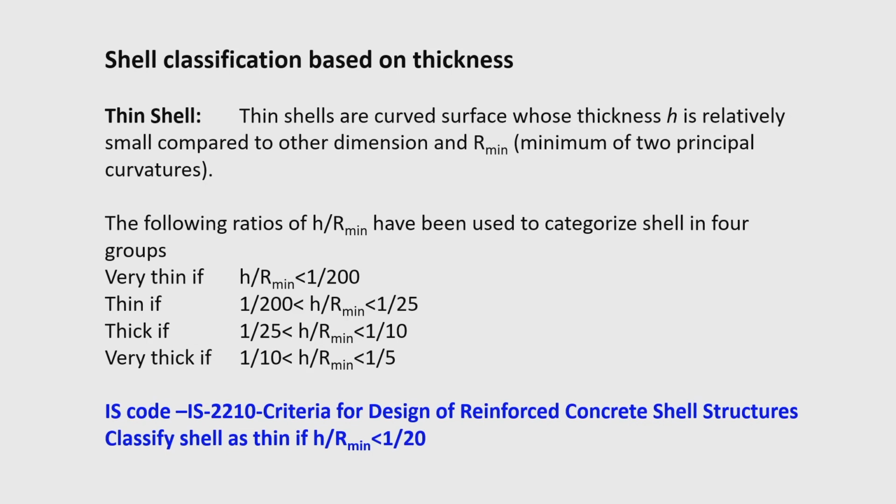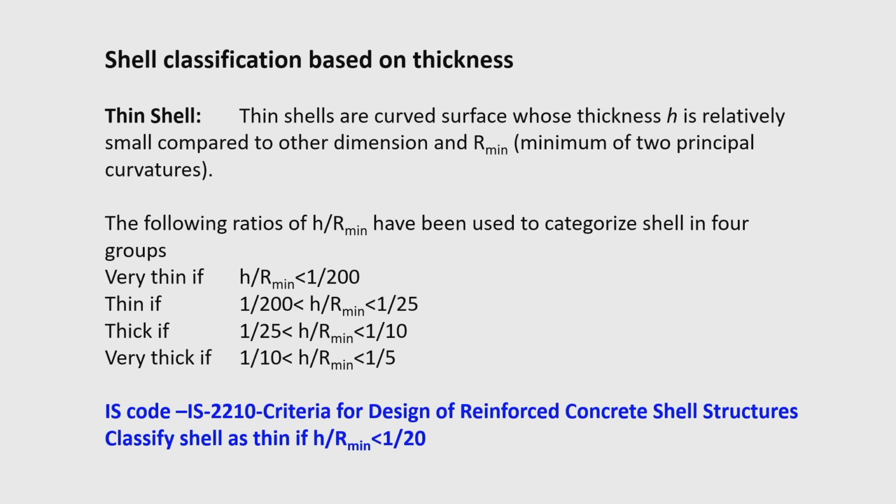So, R minimum is the minimum of the two principal radii of curvature, and it is taken to find the ratio. So, if h by R minimum is less than 1 by 200, we call this shell a very thin shell, and when h by R minimum lies between 1 by 200 to 1 by 25, then we call this a thin shell,